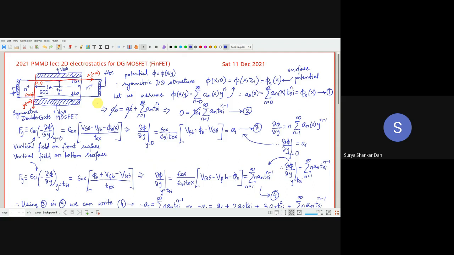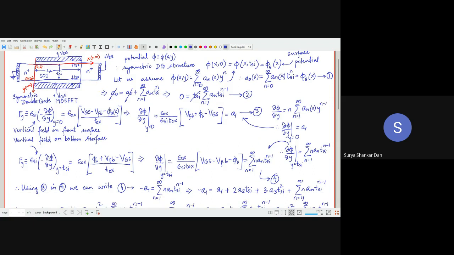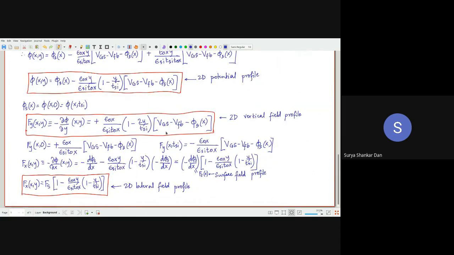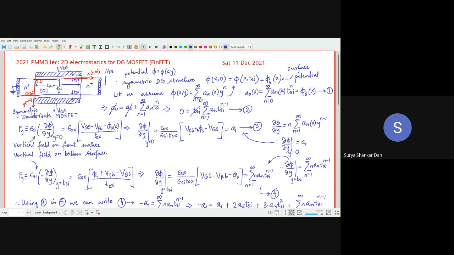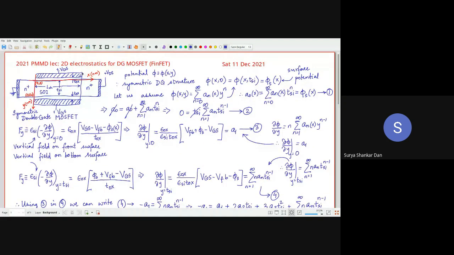All right. Very good. That's all for today. In our next lecture, we will investigate some other important terms concerning the Poisson's equation solution using the phi s. In the next class, it will be very much interesting because over there we will see how to convert this 2D electrostatics problem into a 1D electrostatics problem based on whatever we have learned today. That will be really interesting, at least for me.